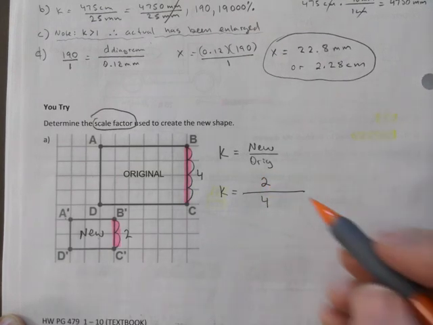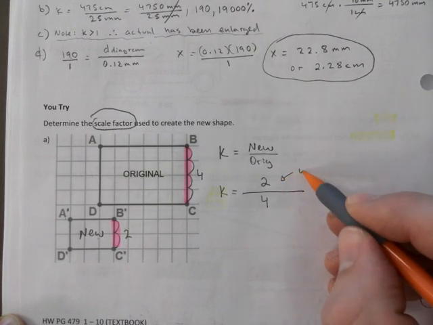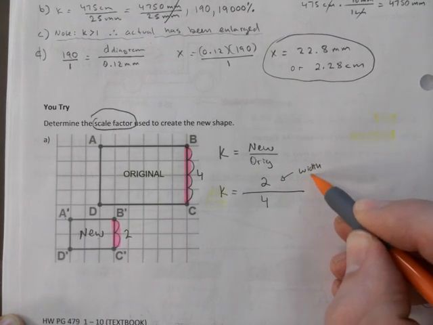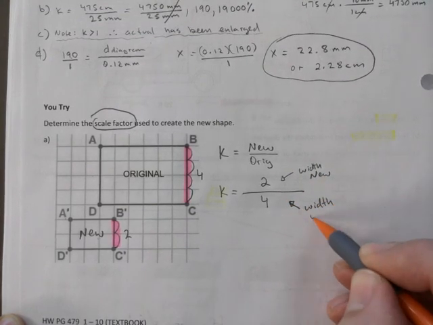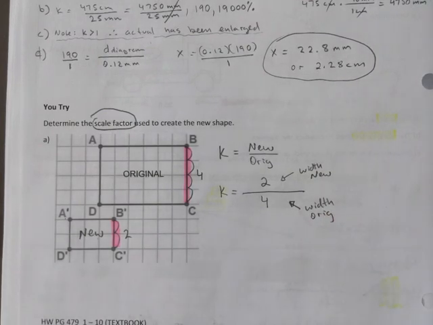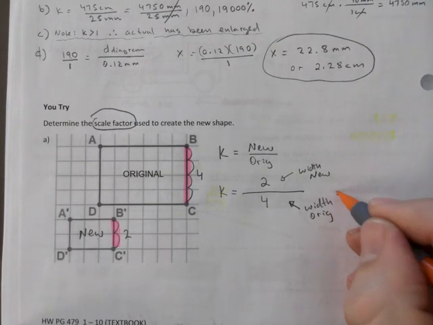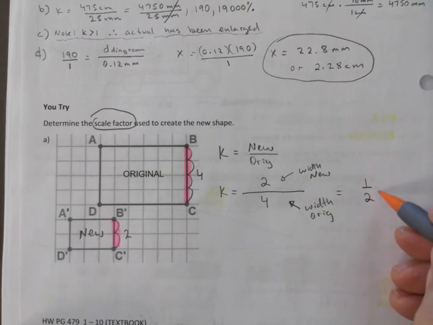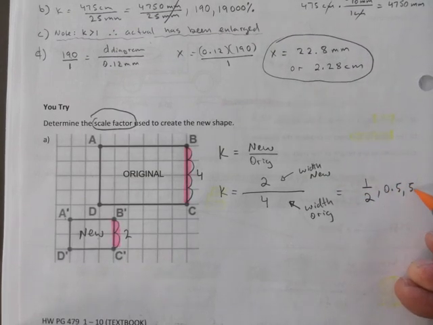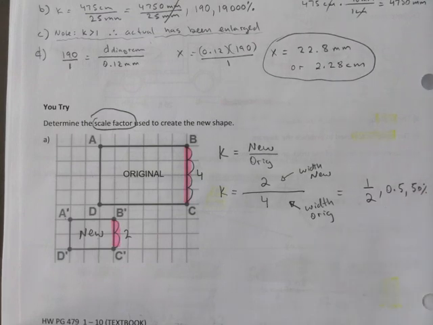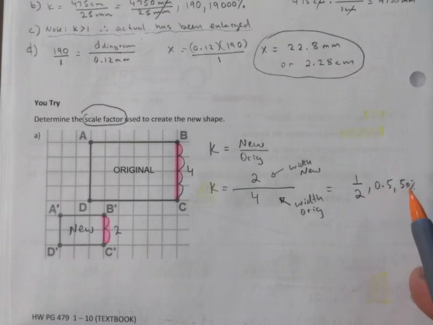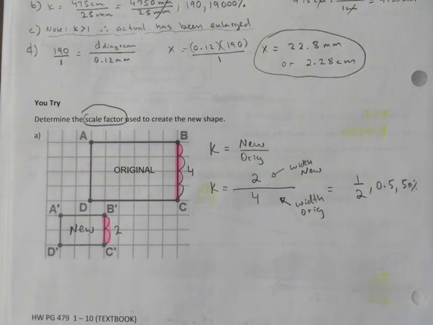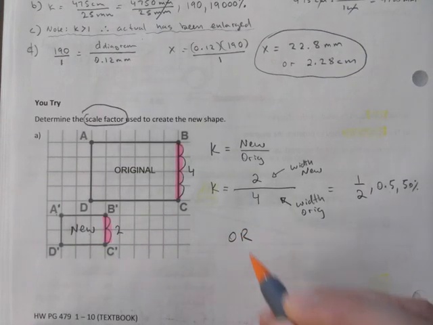Okay. Can I just make an arrow? This would be the width of the new, and this is the width of the original. It's very important to correspond, right? That's 1/2, which is 0.5, which is 50%. Okay, so there we have it. So the reduced fraction, comma, the decimal, comma, the percentage. And we can tell that a reduction happened just visually, right? Or